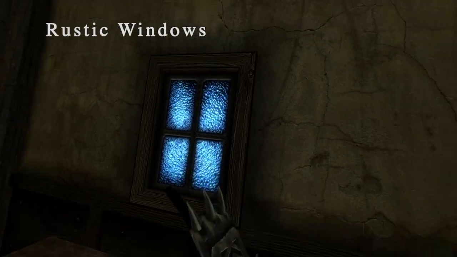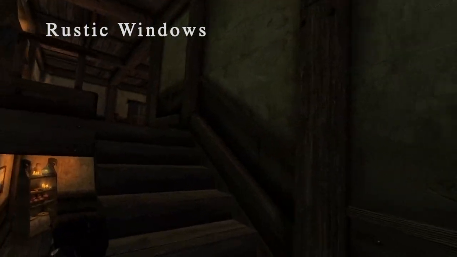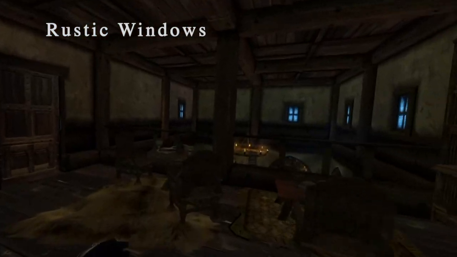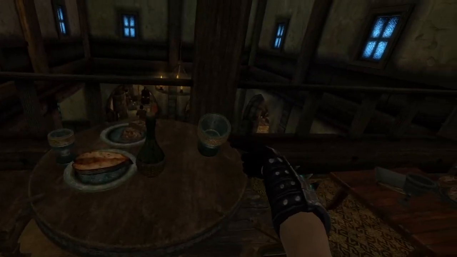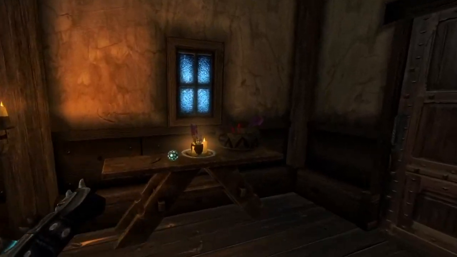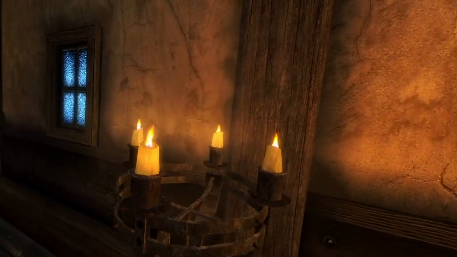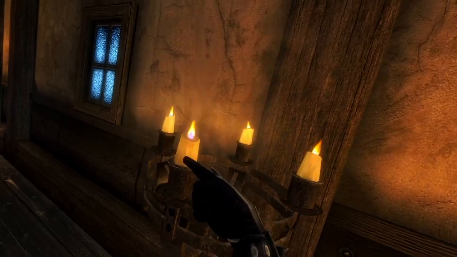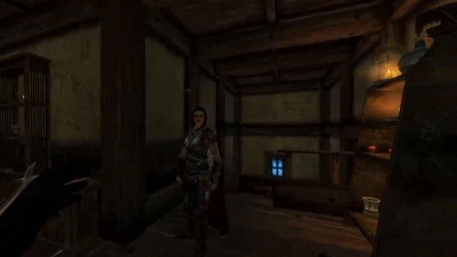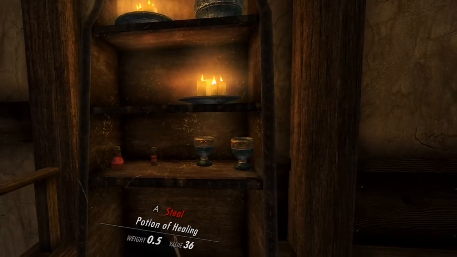And this is Rustic Windows, which adds better window textures to things. And I think this is also more of a static mesh improvement mod. And a bunch of other small stuff like 3D chairs. And I'm using all the mods from a guy named Kauja